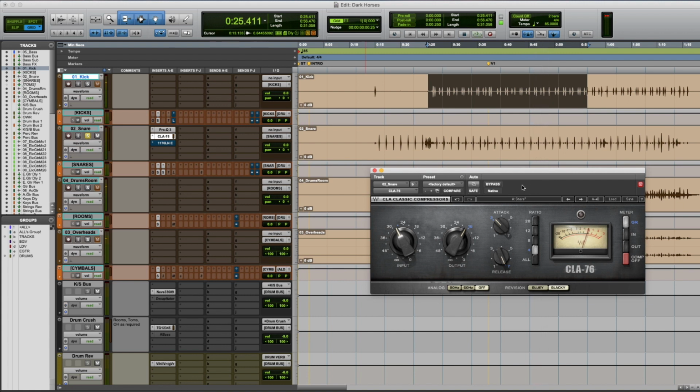Okay, so that's definitely bringing up more of the body of the snare. I'm hearing more of the snares themselves, and the length of the snare hit has increased. So it's just more present throughout the whole track. Now what also has happened as well is in bringing up the body of the snare, the quieter side of